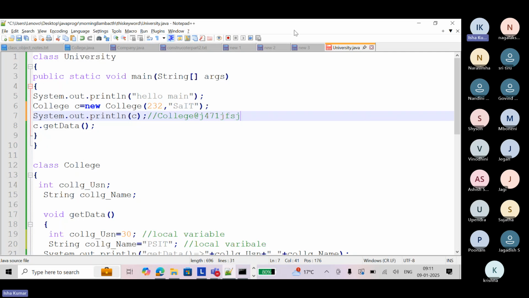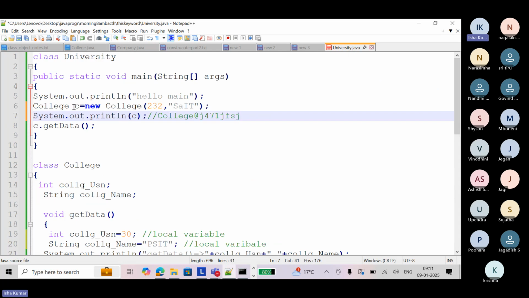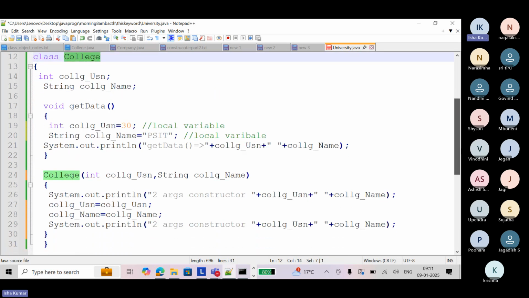Same way, this is also a reference variable. It is a keyword and it is a reference variable which always holds the address of the current class. What is the difference between this and the reference variable? A reference variable holds the address of any class, whatever object you create. But the this keyword always holds the address of the current class. So if I use it here, this dot